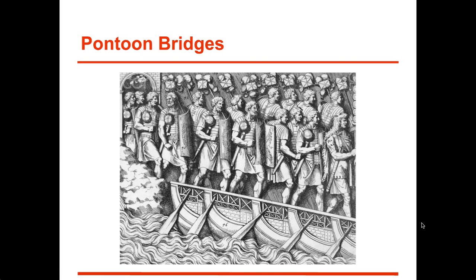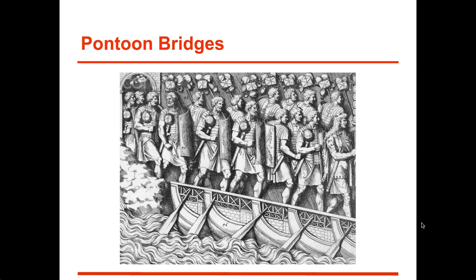But what an actual pontoon bridge is this structure that allows you to cross a river without diverting the river. So you're actually able to kind of cross that body of water without having to move the river, and without having to spend the time to build over the river in an arch, or as we'll see later, these semi-arch, segmental arch bridges that they would make.